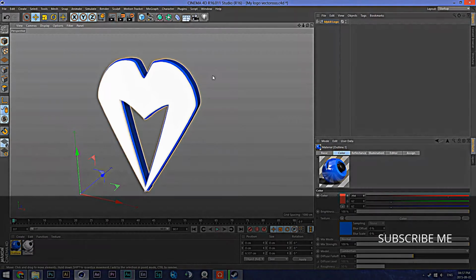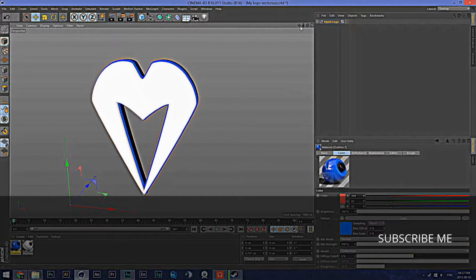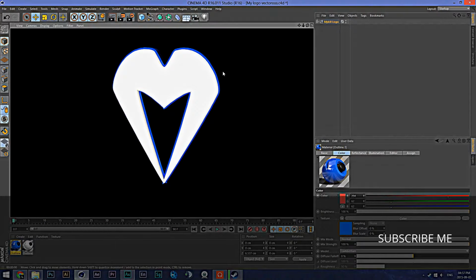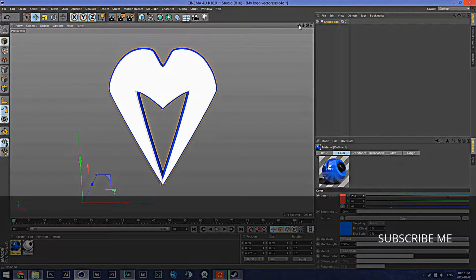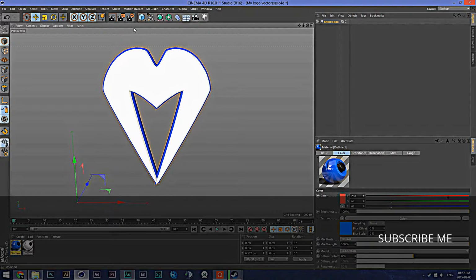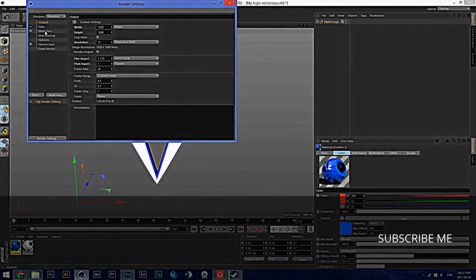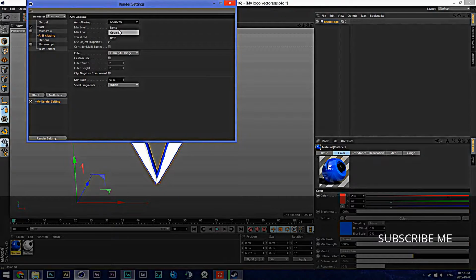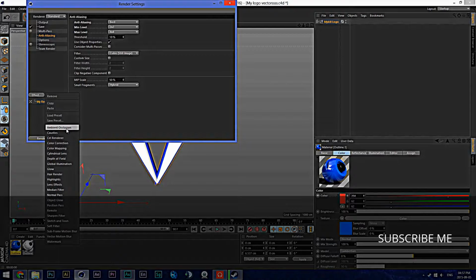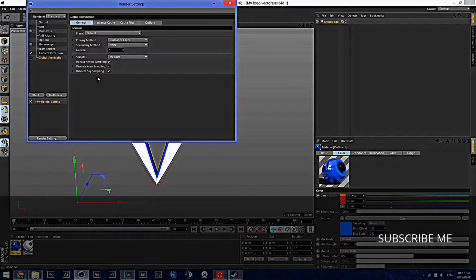So yeah, and then to make the effect look really nice, this is very dull right now. As you can see, it looks really bad. To make it look really nice, let me just check these. I'm gonna go to anti-aliasing. I'll make this best. 2 times 2 and 4 is fine, and then I will add ambient occlusion and global